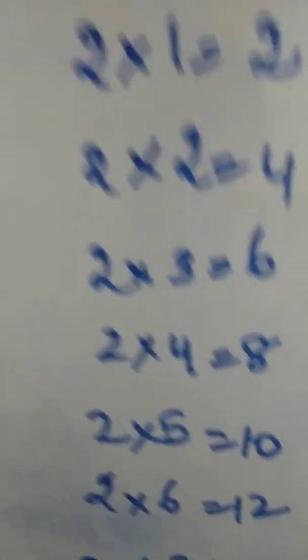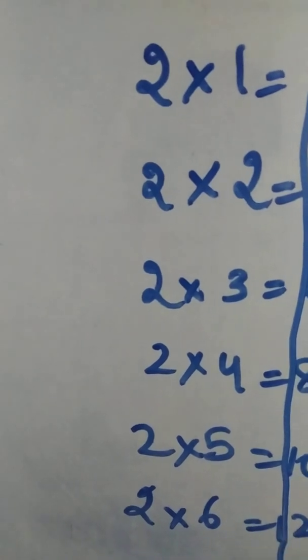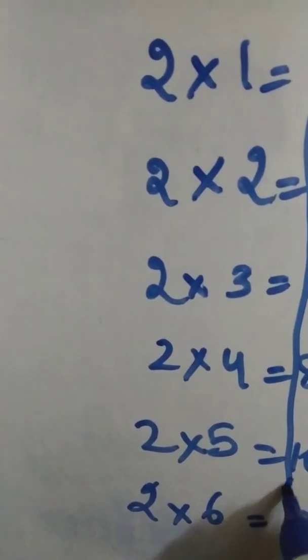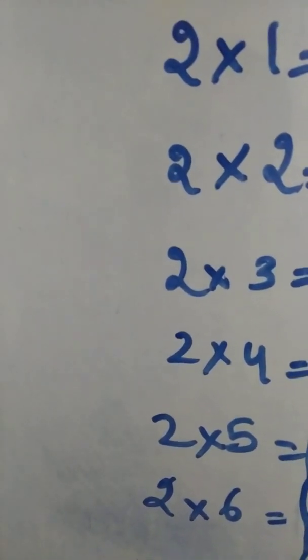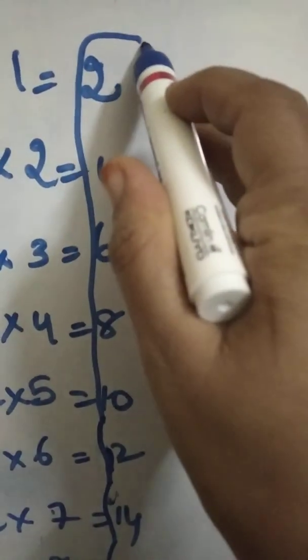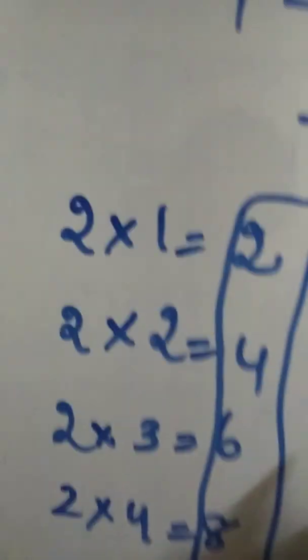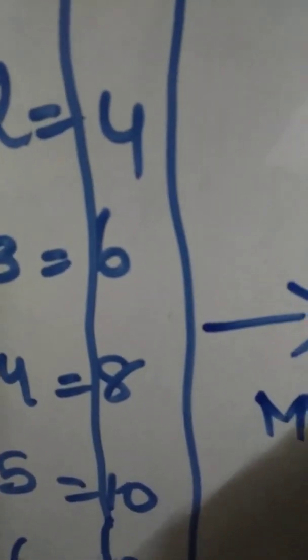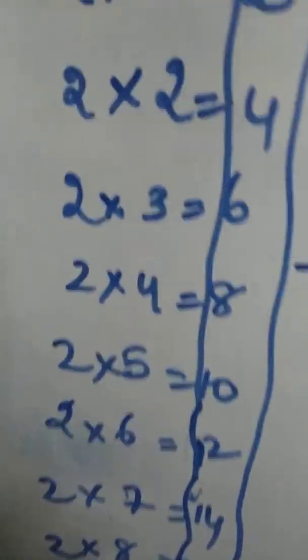Now, what are the multiples of 2? These are all called the multiples of 2, children. So the multiples of 2 are 2, 4, 6, 8, 10. See here, these are all called multiples of 2. If I ask for multiples of 6, you are able to write them. If you write the 6 table, you will get the multiples of 6. Like that. In your textbook, they have given the example.